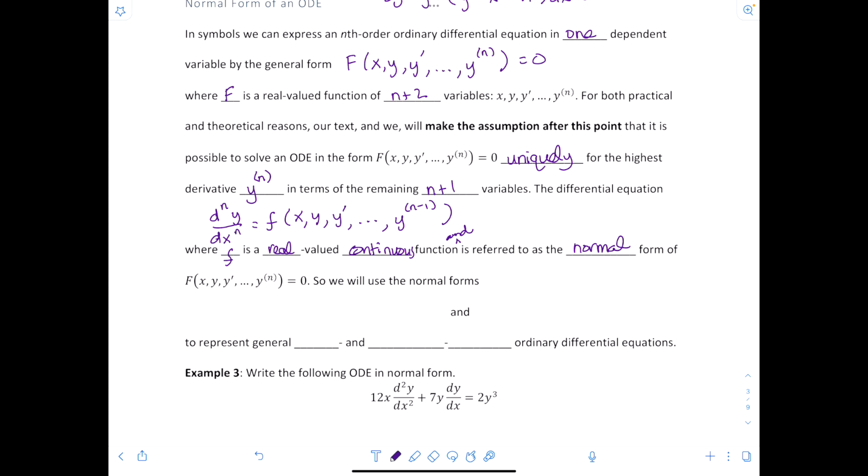So we will use the normal forms dy dx equal to f of x and y, and that second derivative equal to f of x, y, and y prime to represent general first and second order